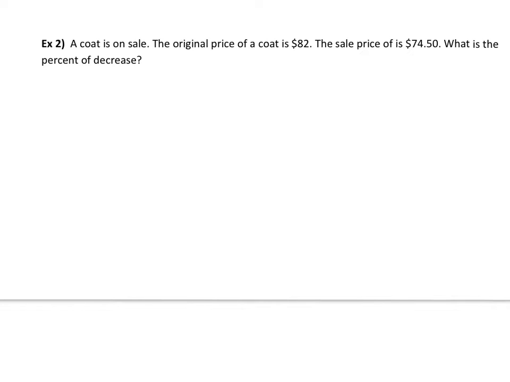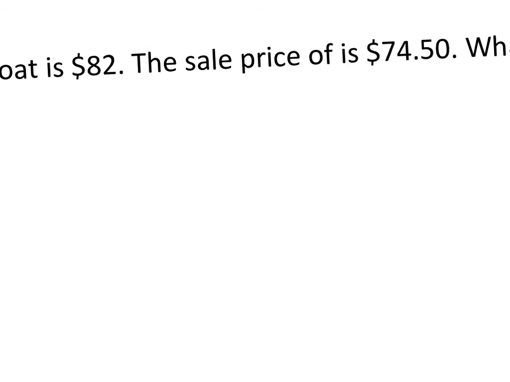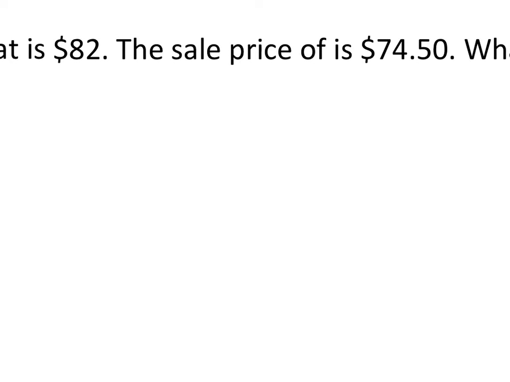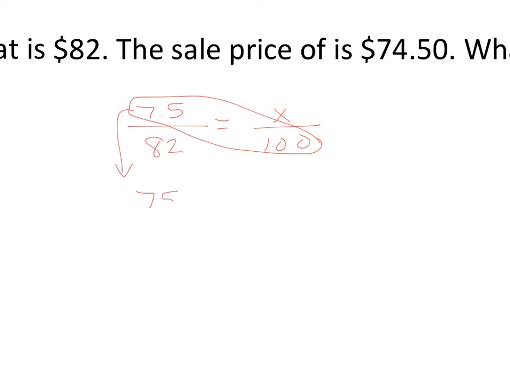Okay, so first thing we're going to do is subtract, right? So I'm going to take 82 minus the 74.50, and I'm going to get 7.5. The original amount was 82. What percent out of 100? So that should have been your proportion there. So we're going to go ahead and cross multiply the 7.5 times 100 and get 750. I'm going to take the 82 times x and get 82x. So now I'm going to take 750 divided by 82, and x equals